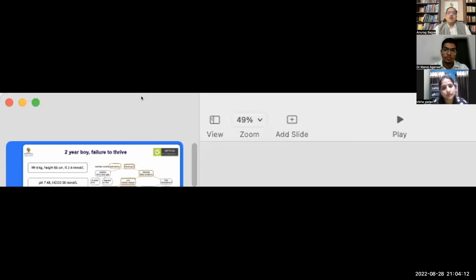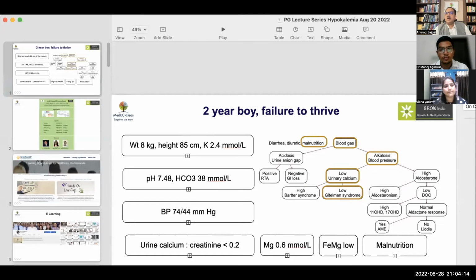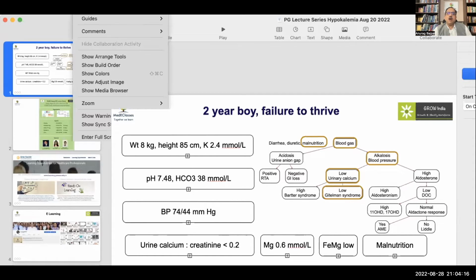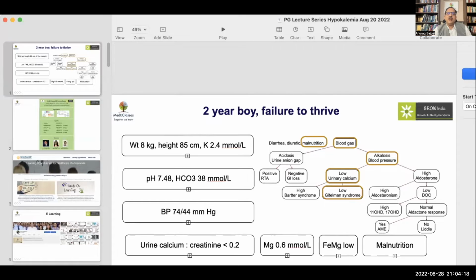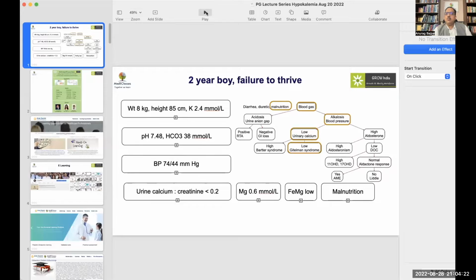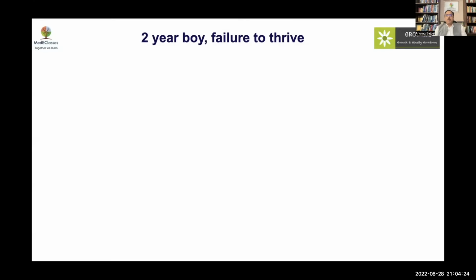So we'll be starting the session. We'll talk initially about pathophysiology. Then Dr. Manoj will talk about etiology, followed by assessment and management by me. And Dr. Vibha has collated a number of interesting questions which are relevant from a postgraduate perspective. As we have discussed, hypokalemia is a common finding, but often it becomes a diagnostic challenge. So one needs to be aware and open to the various possibilities.